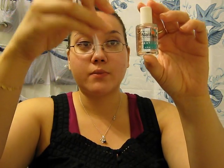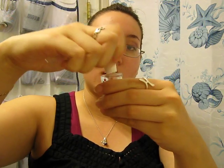I have one by OPI, and, by the way, this comes with a little dropper. This doesn't, it's just a regular little bottle. It doesn't have a